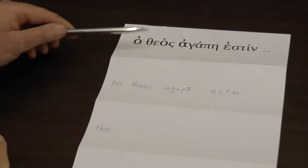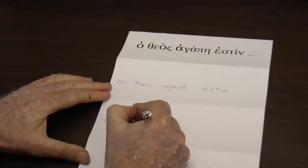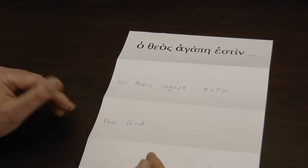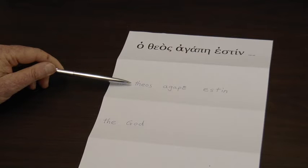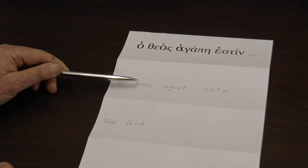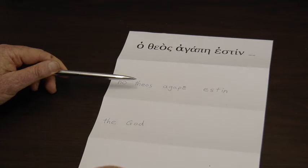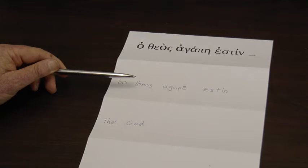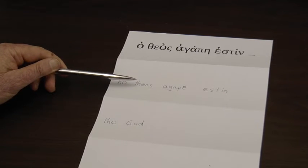The next word is theos. Again, write that down if you know what it is. It's God. If you haven't learnt the Greek before, it will still be familiar to you perhaps from borrowed words that we have in English. For example, theology, the study of God. But don't pronounce this E in an English way, theos. Pronounce it more in a Greek way, which is similar actually to Italian, A, E, or U. So this is eos, eos, ha theos,